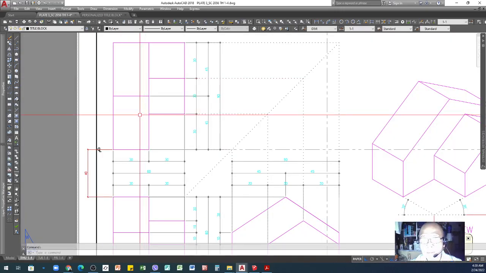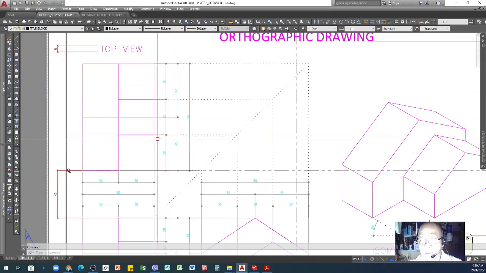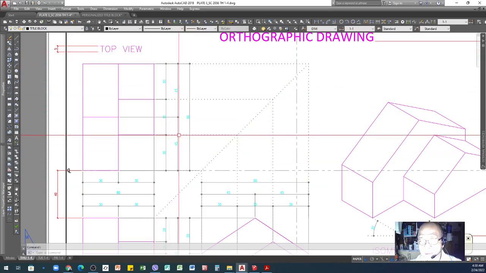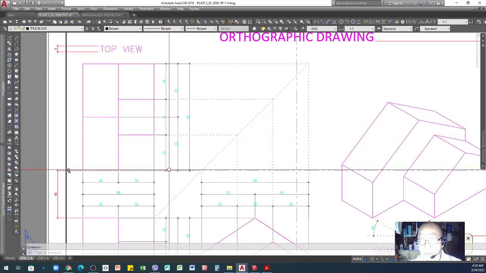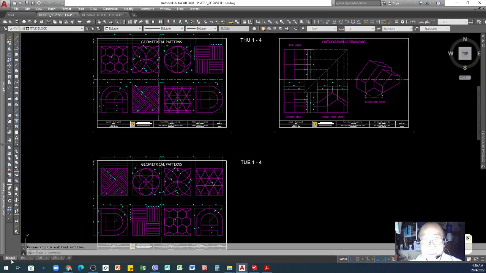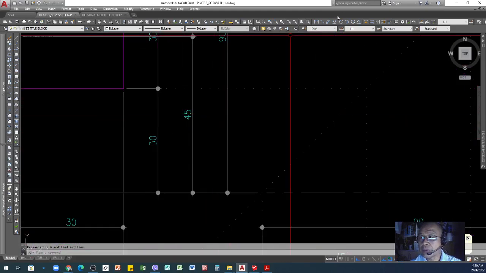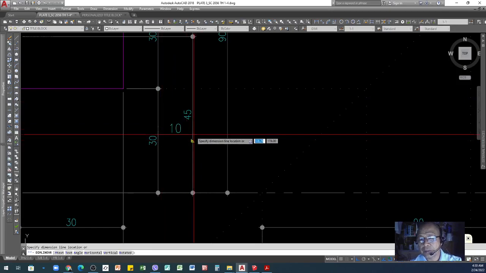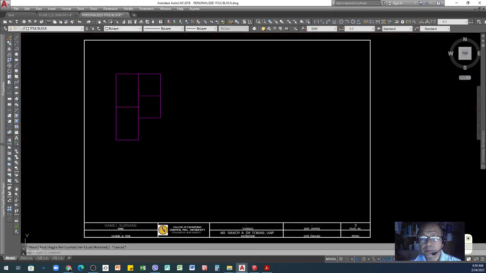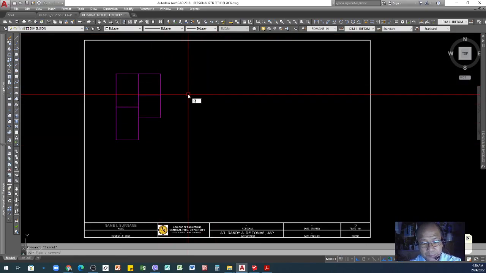Basically, to have a proper and consistent dimension, it's better to have a consistent distance from your object. So how much is my distance here? Let me check. It's 10. Okay, so meaning you can offset.